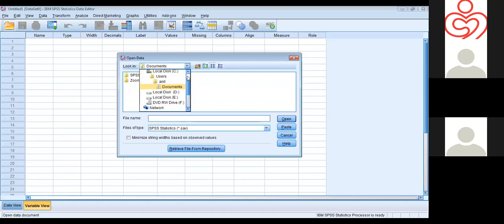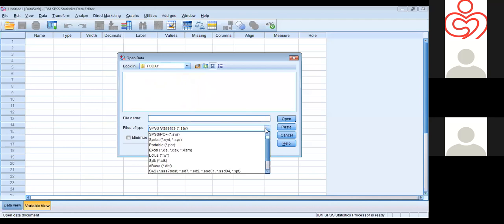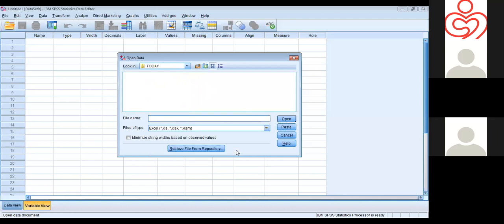I had kept this data in a folder on the desktop, today. In that, what file type do I want to import? I want to import an Excel file. So I click that data file and I click open.